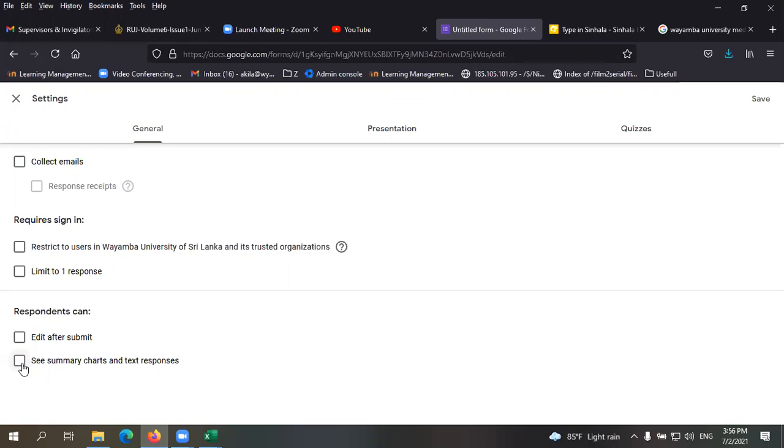Yes, thank you. Okay. So what about our own response? Can we see? No, not after submitting. After submitting, you can't see your response. But if you click on this one, edit after submit, then you can see that again and you can amend the form. Otherwise, you will not be able to see the response, right?